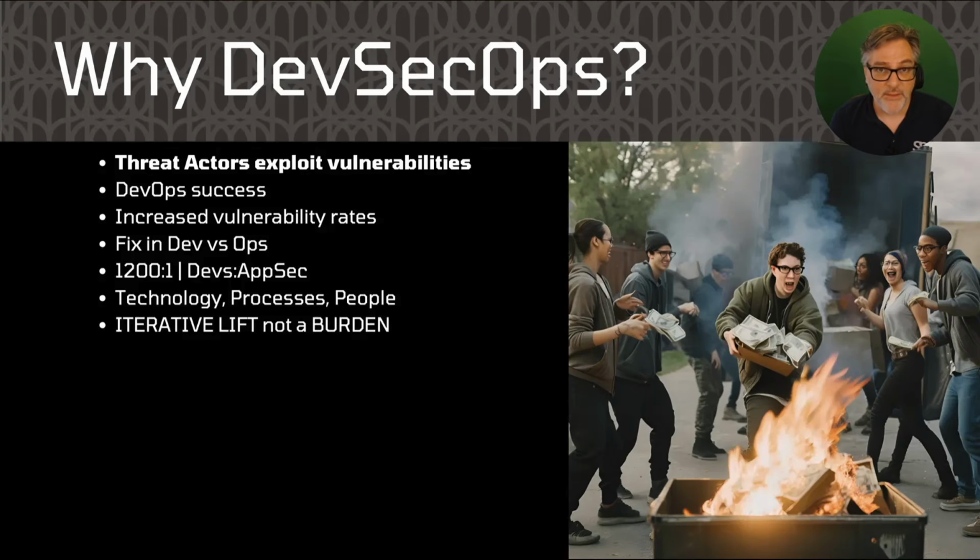The success of DevOps over the last 10 years or so in making sure that developers have the ability to get code to market quickly in a very reliable and repeatable way has led to an increase in vulnerability rates. Now, why is that? How did that happen? As developers are able to get code to market faster and faster, the security teams fall further and further behind,